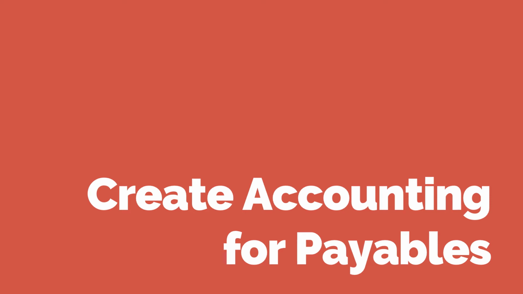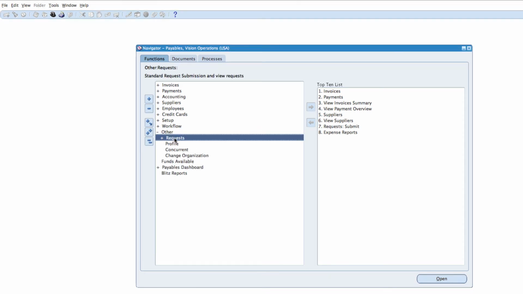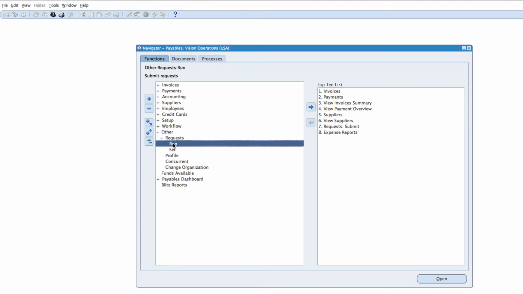In this video, we want to generate the accounting and transfer to general ledger. So from the payables responsibility, we want to navigate to other, requests, run,